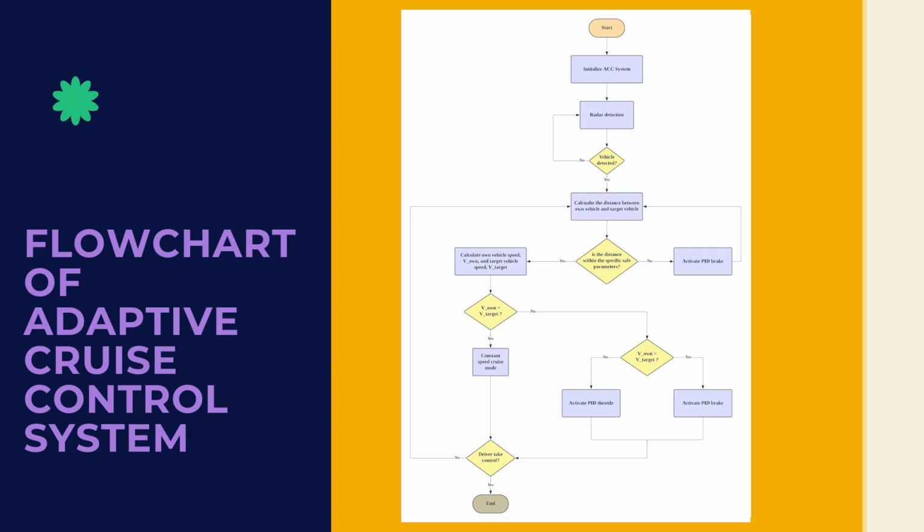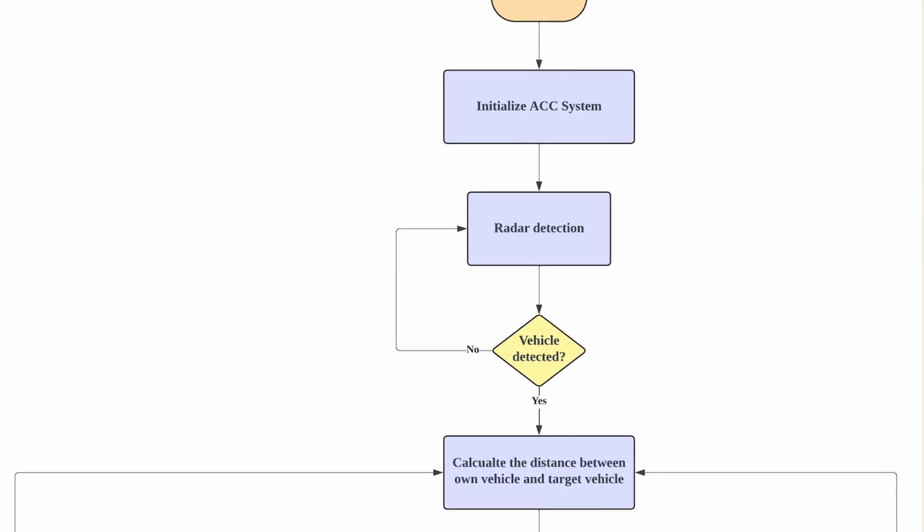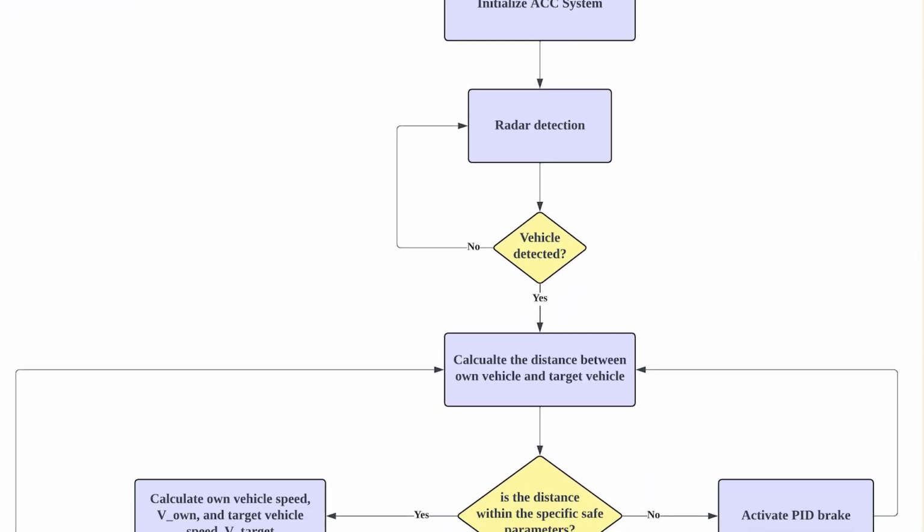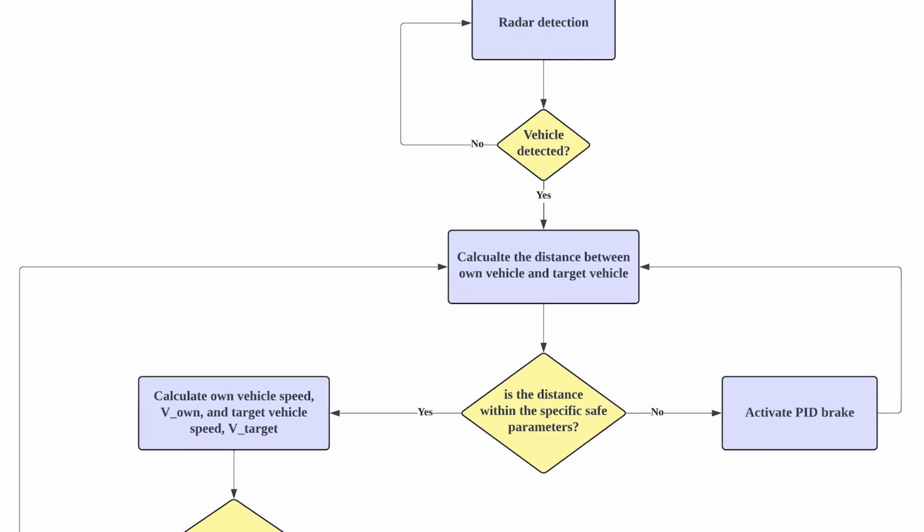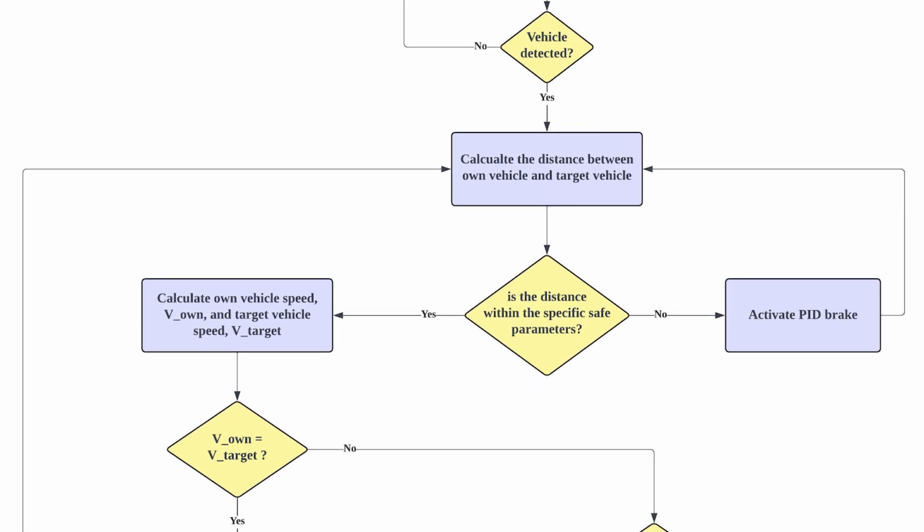This flowchart illustrates the sequence of steps involved in the adaptive cruise control system, providing a visual representation of the process flow. It begins with the initialization of the ACC system, followed by scanning the surroundings for vehicles using sensors. Upon detecting a vehicle, the system calculates the distance between our vehicle and the detected vehicle, and if the distance is not within the safe parameters, the PID brake is activated to slow down our vehicle and increase the distance to